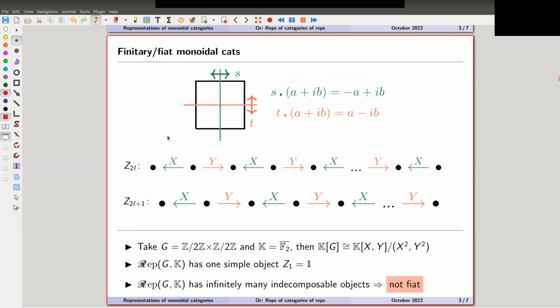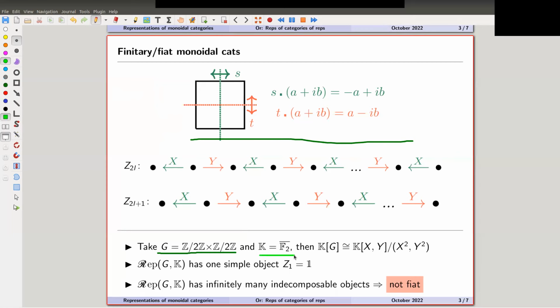Okay. The second easiest group I can imagine is the Klein 4 group, which arises in Klein's picture as a symmetry group of the cube with C squared in my little picture up here. And you can show the following. You can work over characteristic 2. Otherwise, again, it's not very complicated. In characteristic 2, the